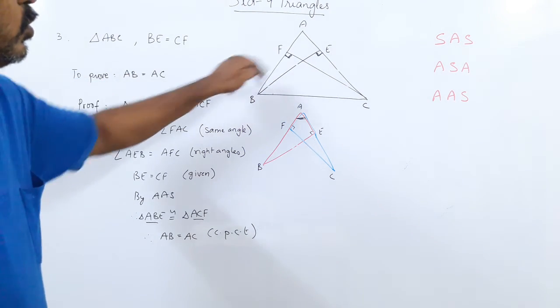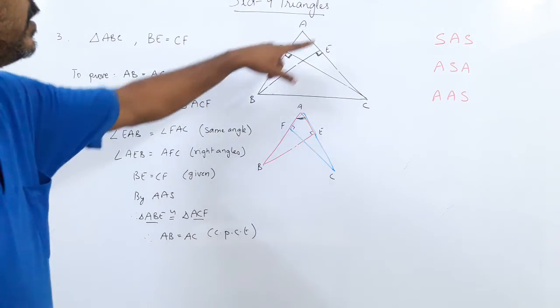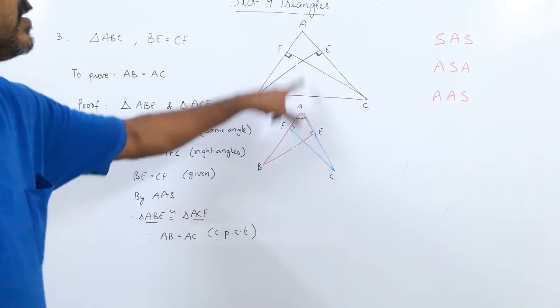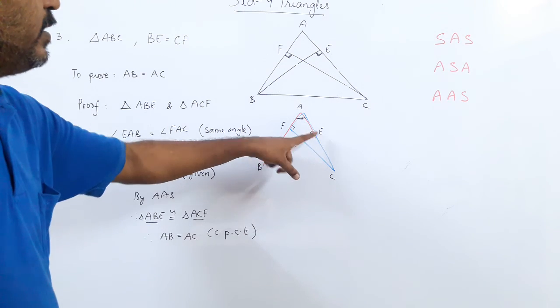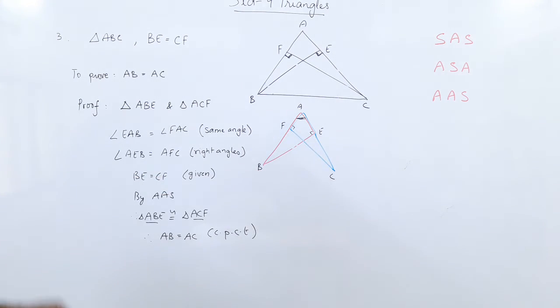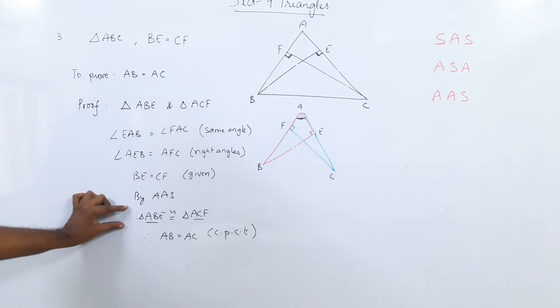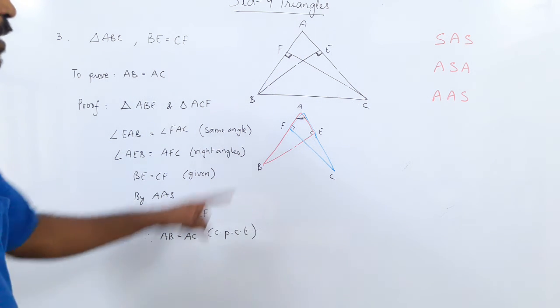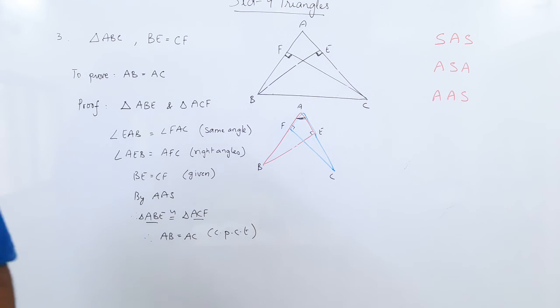I have tried to show you. I have taken this triangle, which is the red one, and this one, which is the blue one. This angle is common in both. These two are 90 degrees. These two sides are given equal. So by AAS, the two triangles are congruent. And if the two triangles are congruent, then the sides corresponding to them are also congruent, and hence it is proved. So we have done two new theorems today, and I have shown you how to work out these theorems to prove the same sum but in two different ways.